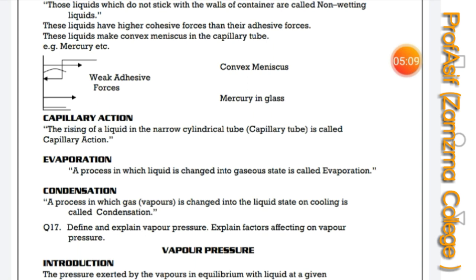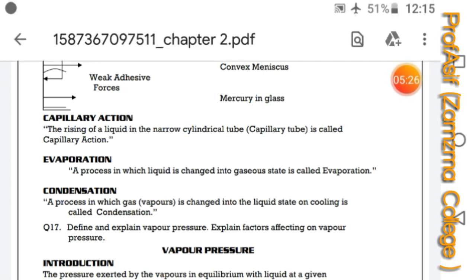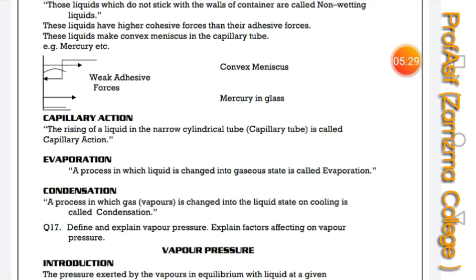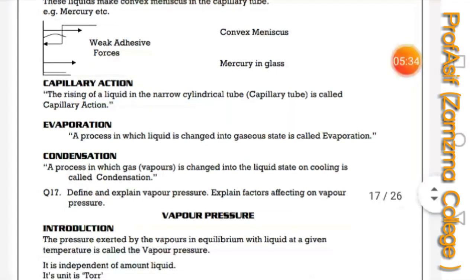Evaporation is actually a process in which liquids turn into gas but without heating. What happens in liquid actually, the surface molecules get energy from its surrounding and they leave the surface of liquid, turn into vapors. The process of vaporization or evaporation is actually a cooling process. You remember it. Why it is being cooled? That's because when liquid molecules take energy from the surrounding, then energy level of the surrounding decreases,